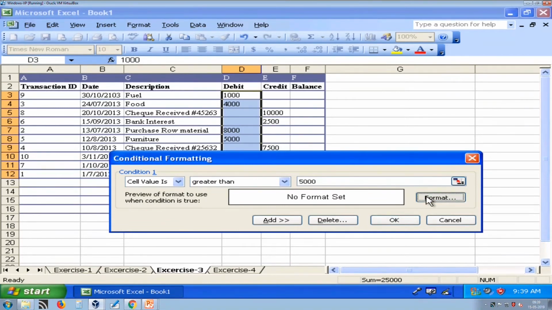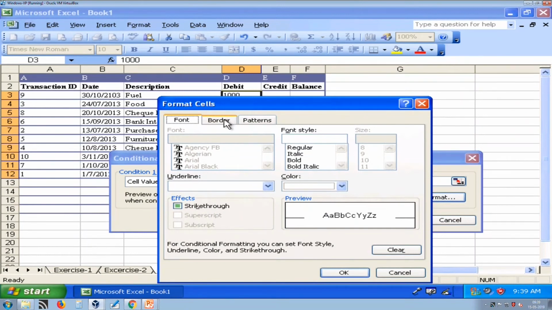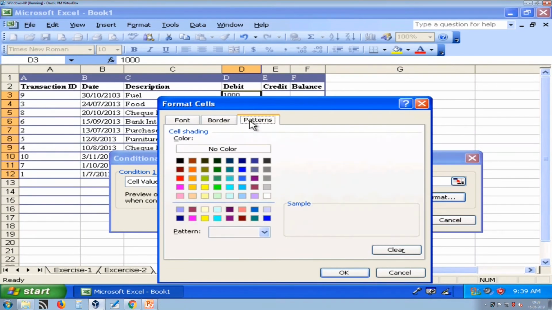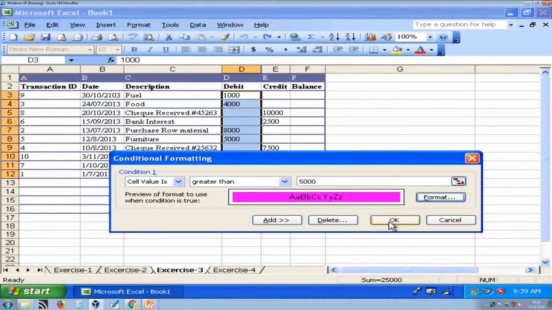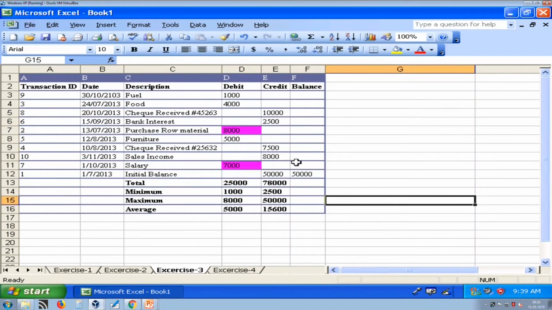Now, what we want to format is, we want to fill pink color for that. So, here I then press OK. So, here there are two expenses which are greater than 5,000, which are automatically highlighted by Excel depending on our criteria.